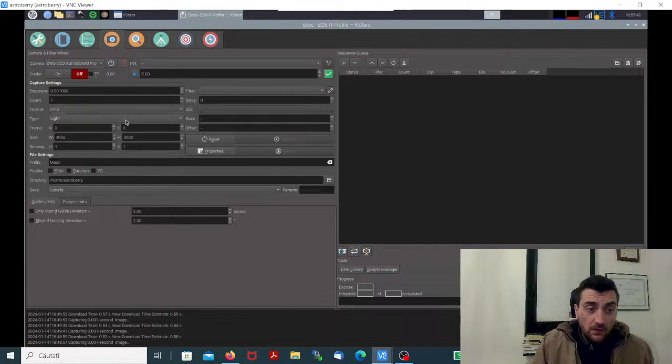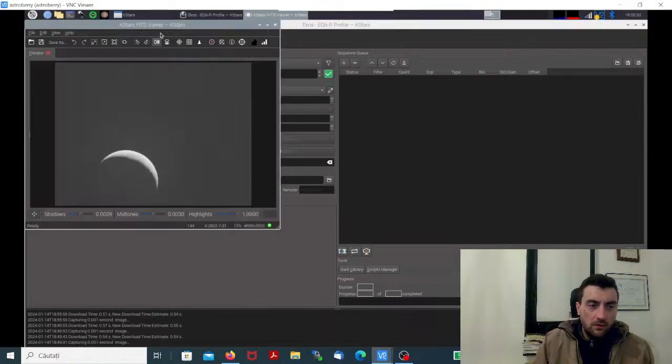And in this tab here, I can set the exposure time. Since I'm imaging the moon, the exposure time should be small, because the moon is a very bright object. And let me show you. So here it is, a beautiful crescent through the